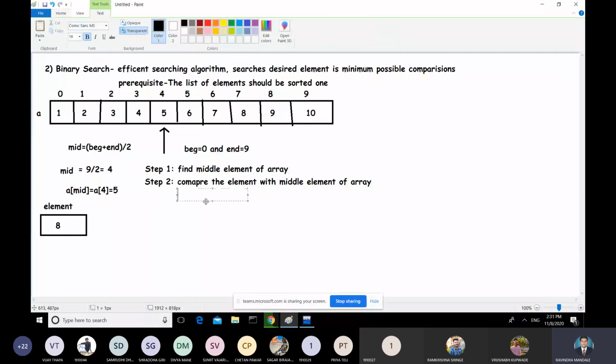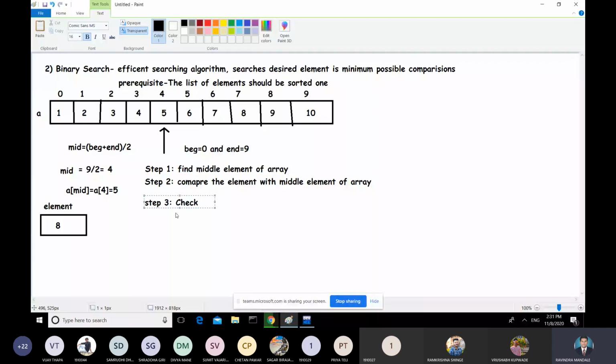Now what is the next step? As this condition is false, what is the next step? Step 3: check if your middle element is not equal to the desired element.